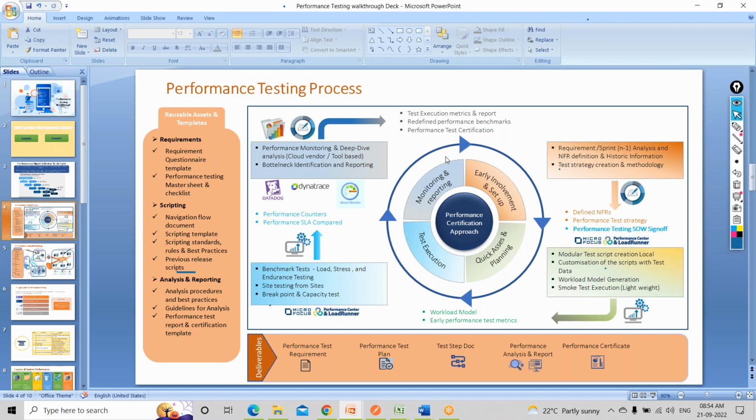But nowadays, instead of getting the entire application developed and then testing it, companies are suggesting that we involve the performance testing people early in the process. Automation testers and manual testers start testing whenever a small piece of code, let's say a functionality, has been developed. But the performance team doesn't do that; they start working only when the entire application is developed.